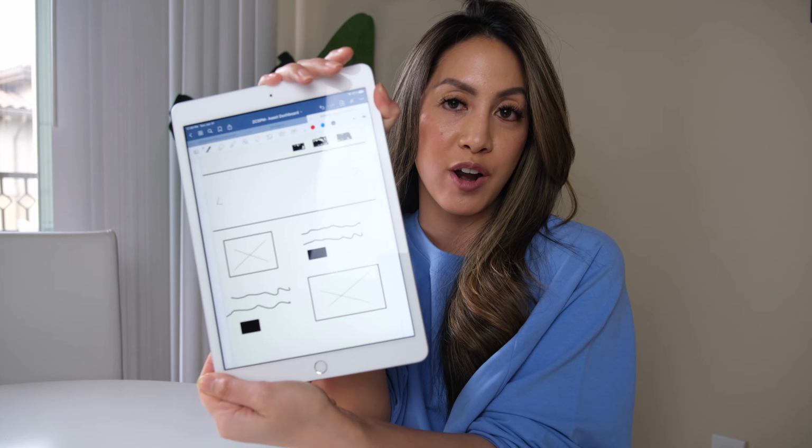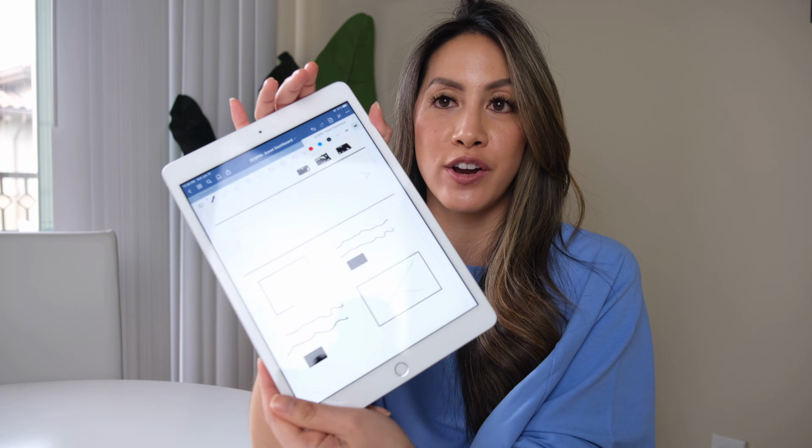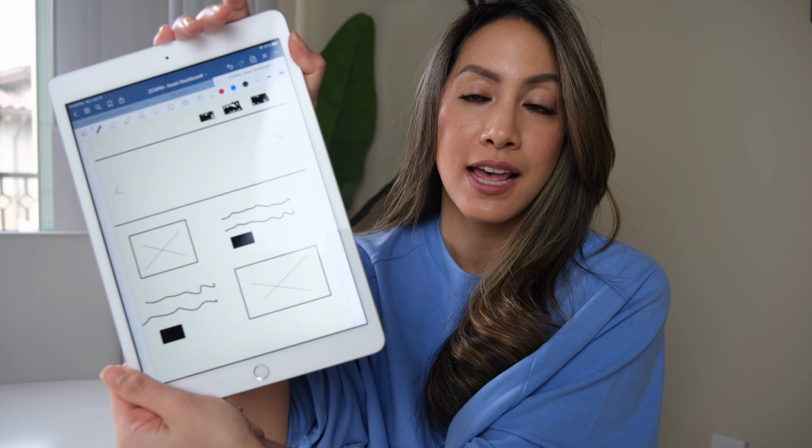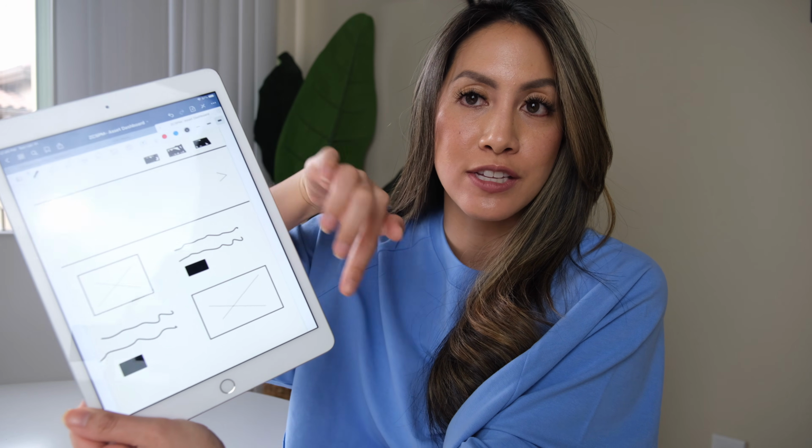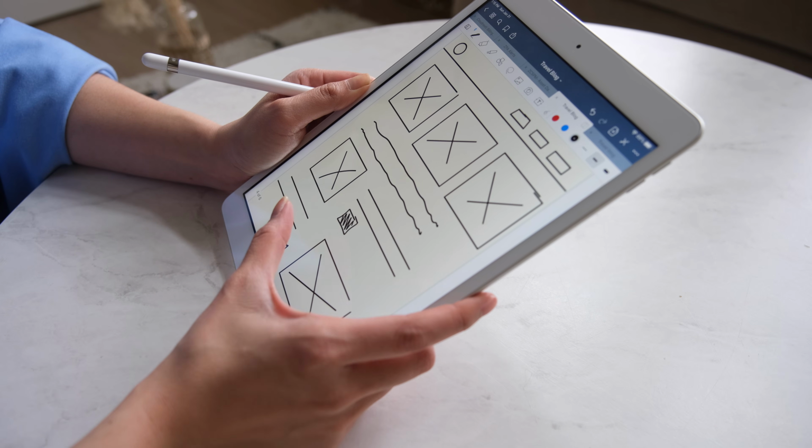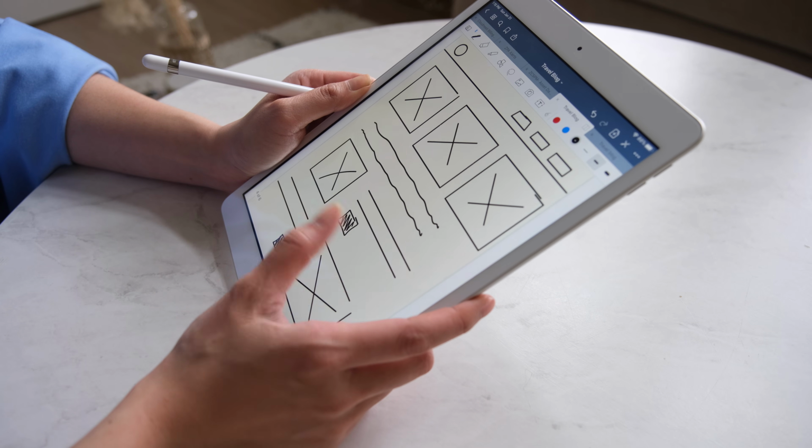All right, so I finished my wireframe. This is an example of one of my wireframes. Basically I just show you here, there's a couple buttons, there's some images, the layout is a little bit different. And you can see there are lots of different types of wireframes I can do. I gave myself the time to put all my ideas on all the different pages, and I can even work out the flow and everything.